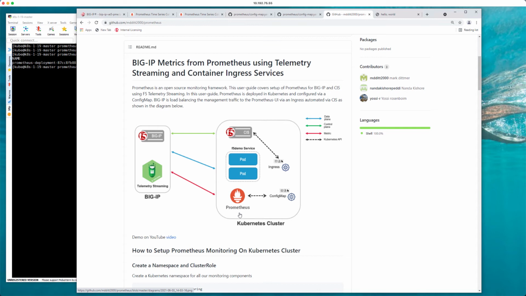And so you connect to the big IP, which would then connect to the Prometheus dashboard. This Prometheus dashboard is configured through the config map. When you create the ingress, it allows CIS to configure the big IP with both, in this case, the pod as well as the Prometheus pods as well. So let's take a look at